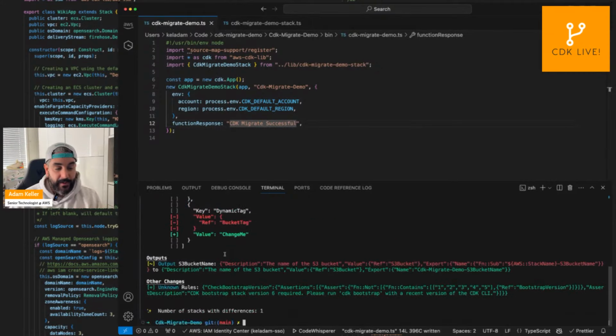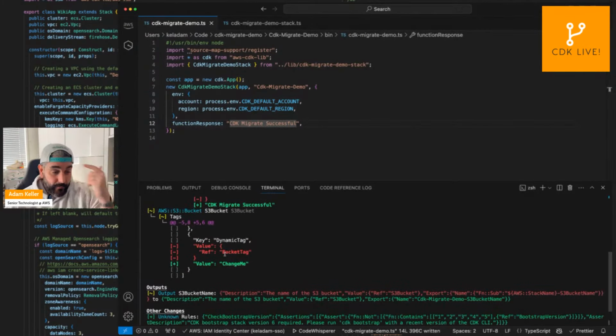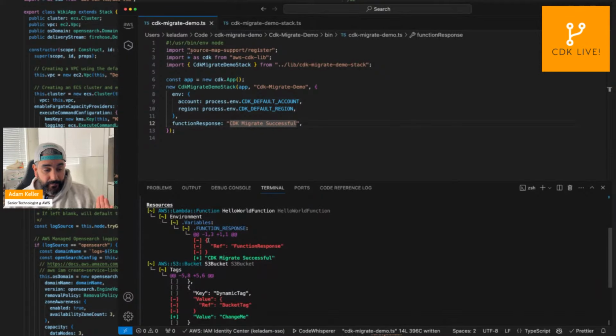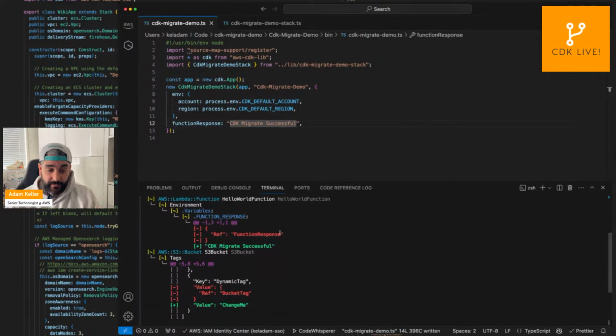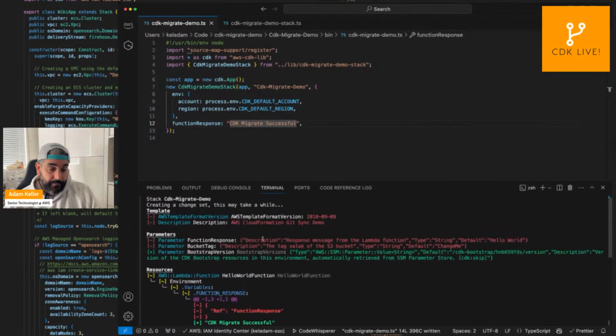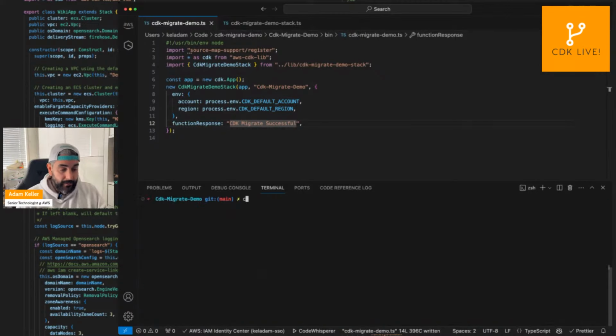There's some metadata we add, but nothing is actually changing with the resources that were already created. So what you can see here is our function response should change, and our bucket value should stay the same. So if we just run a CDK deploy,